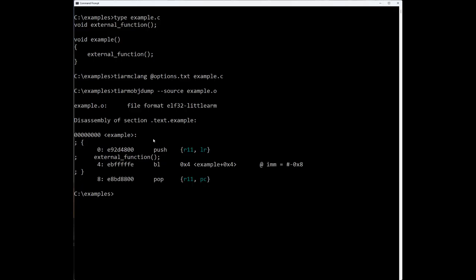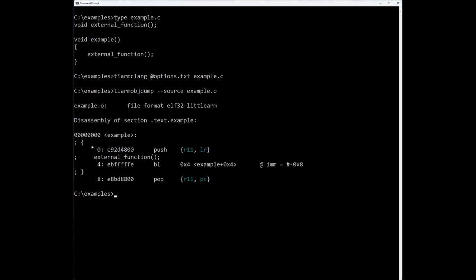Now, this is the only one where I'm really going to explain instruction by instruction what's happening, because there are only 3 instructions here, and it's practical to do it. In the other examples, the sequences are longer, and it becomes impractical to explain in that degree of detail. So the first instruction, and we can see that the name of this function is example. That's how it appears in the disassembly.